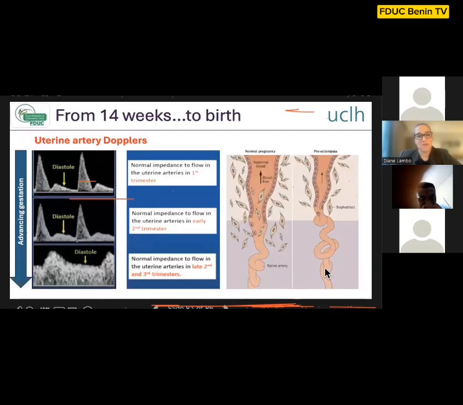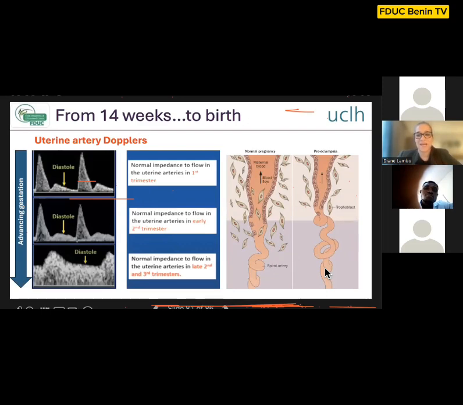And then finally, uterine artery Dopplers. So these are your maternal Dopplers. When you have increased resistance within the uterine artery Dopplers, that tends to be associated with adverse pregnancy outcomes like fetal growth restriction and preeclampsia. And the degree of abnormality within the uterine artery Dopplers tends to predict the degree of severity in either of those conditions. Now, again, I'm sure I don't need to revise the pathophysiology of preeclampsia and fetal growth restriction, but